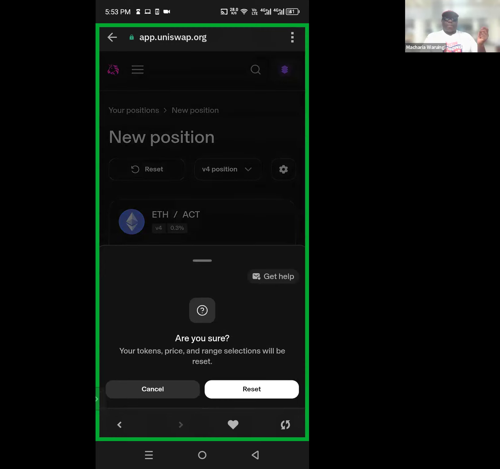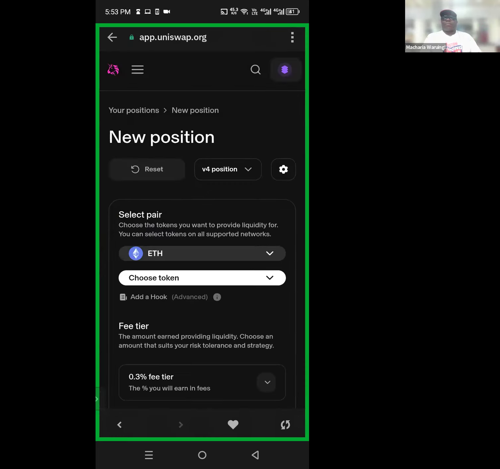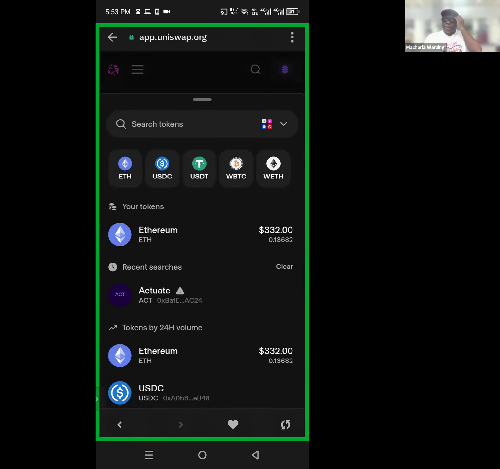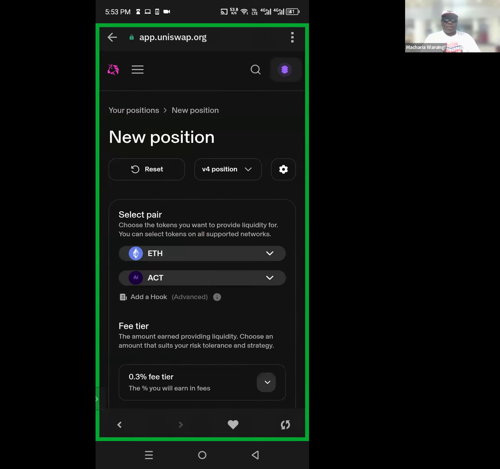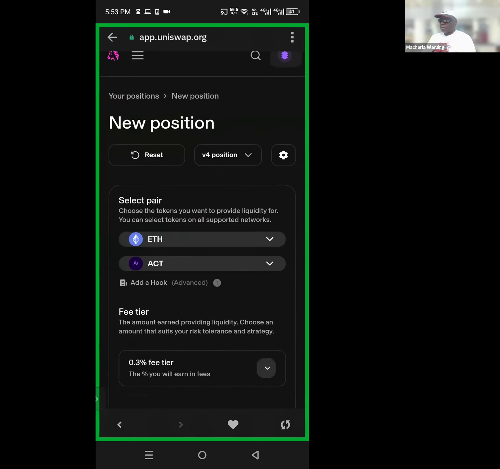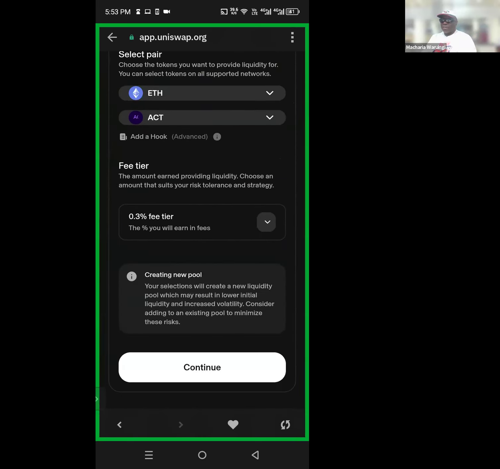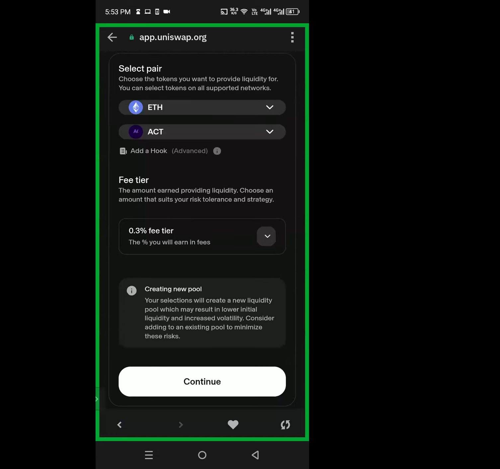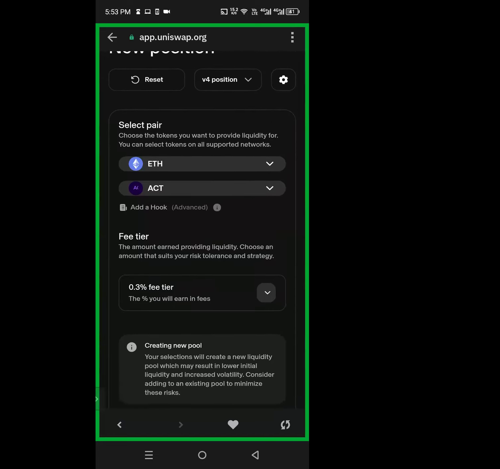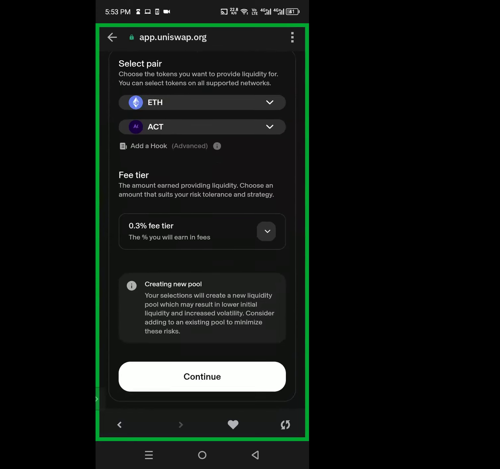So you can go back, or maybe start again and create a new pool. Okay. So you enter the price, instead of 1 ETH, you say 0.000412. Yes. Okay.